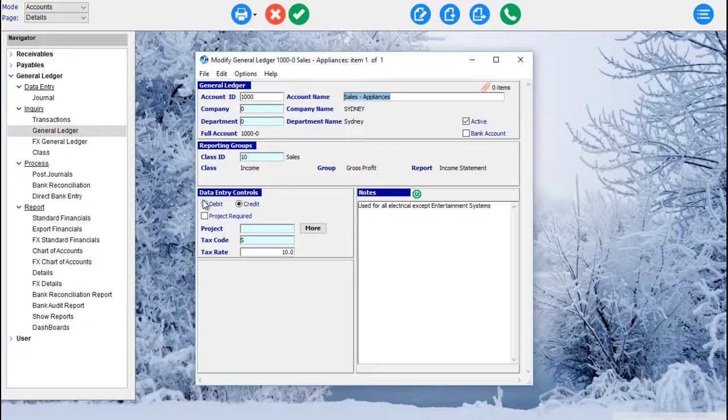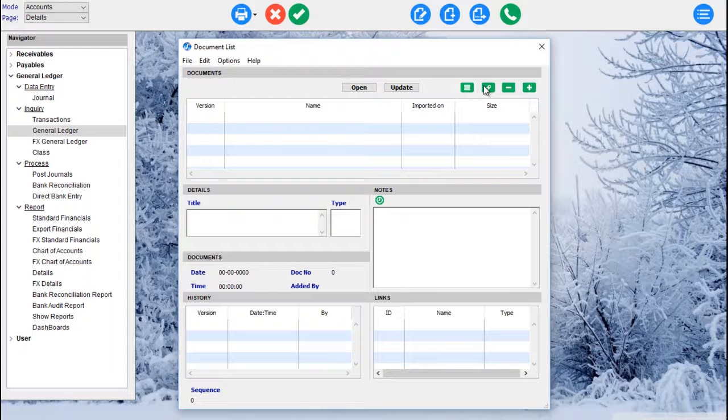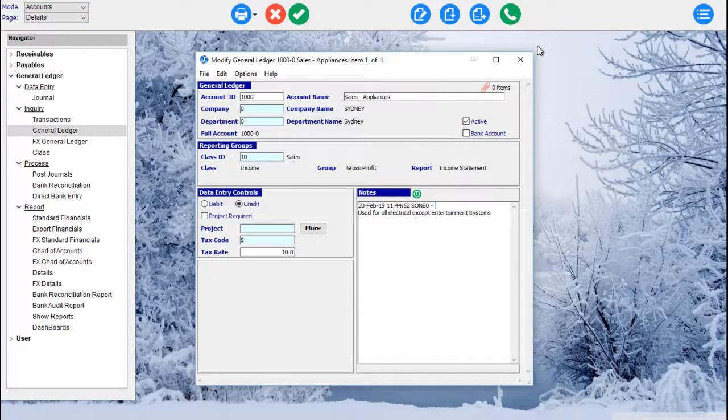And then we have the data entry, which side it's sitting on, credit or debit. We have a project code, a tax code, and a tax rate. We have the ability to add notes by simply clicking on the timestamp, and we can make the General Ledger account active or inactive, and mark it as a bank account. We've also got document management inbuilt, so if I go into my document management, I can add a document to